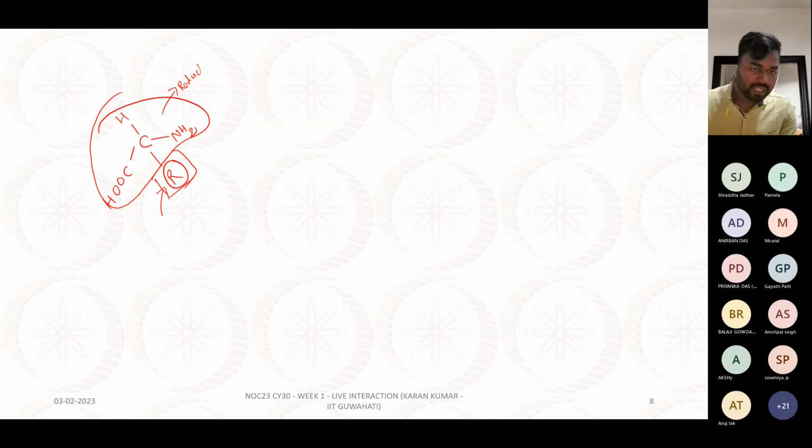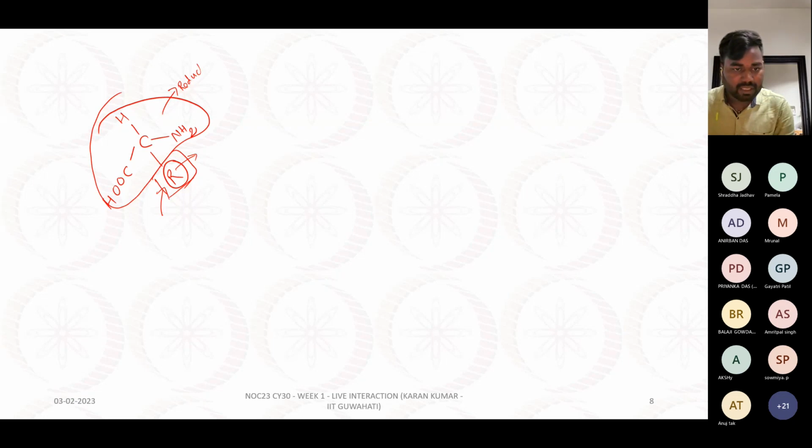So that is why whenever we talk about the properties, or whenever we are calculating their pK value, or at physiological pH what will be their charge. Because of the R group, they vary a lot among themselves, right? So that is why we need to study the different R groups, the different side chains available in the different types of amino acids.